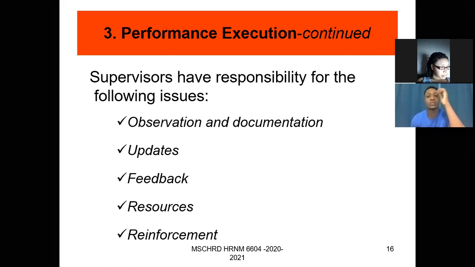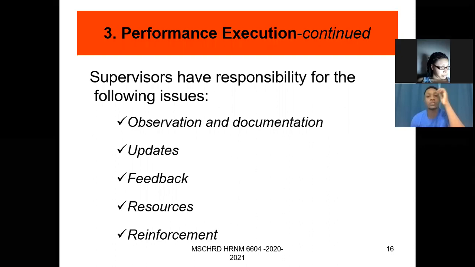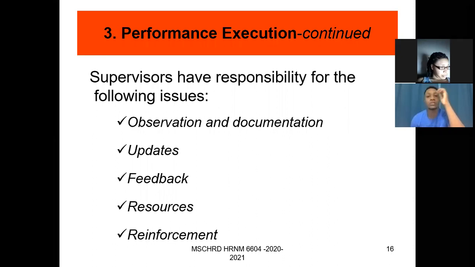Are they going to be required to observe performance on a daily basis or weekly basis, or what are the guidelines we're going to give them in terms of how they observe performance? And this is important because a supervisor who knows little about an employee's performance cannot do a factual appraisal. And therefore, what comes out of the appraisal is subjective. You see, people have a score of 90, but when you go and look at the goals and objectives, maybe only 40% of the person's goals and objectives were achieved for the year, because the supervisor really didn't know anything,